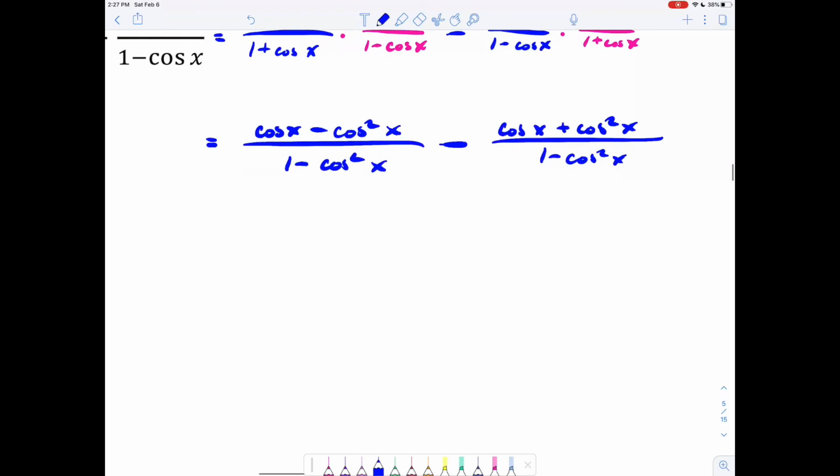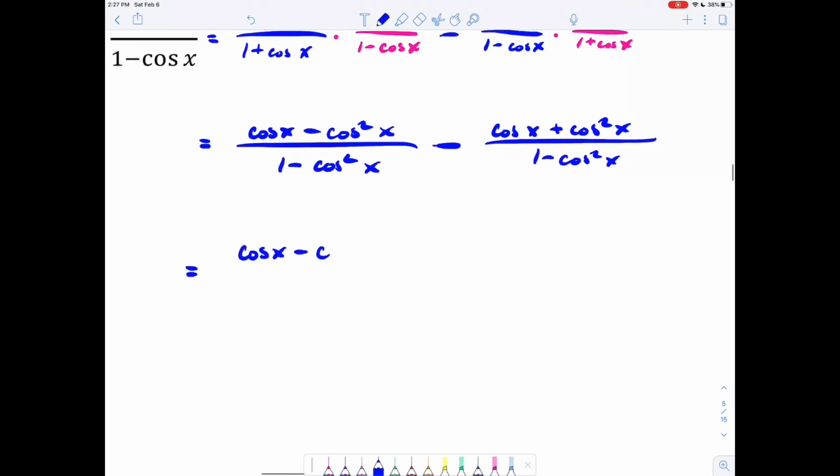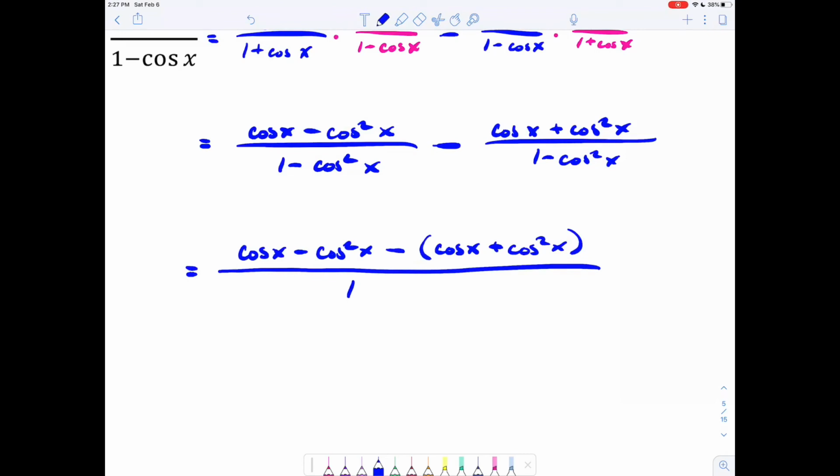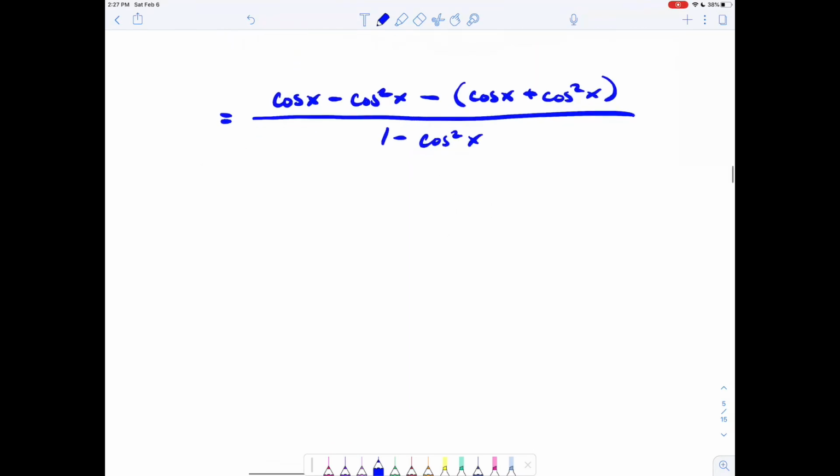Now I can turn these into one term. We have got cos x minus cos squared x minus the numerator of that second fraction. And that's all being divided by 1 minus cos squared x. Whew. Okay, I swear we must be getting somewhere. Condensing that numerator